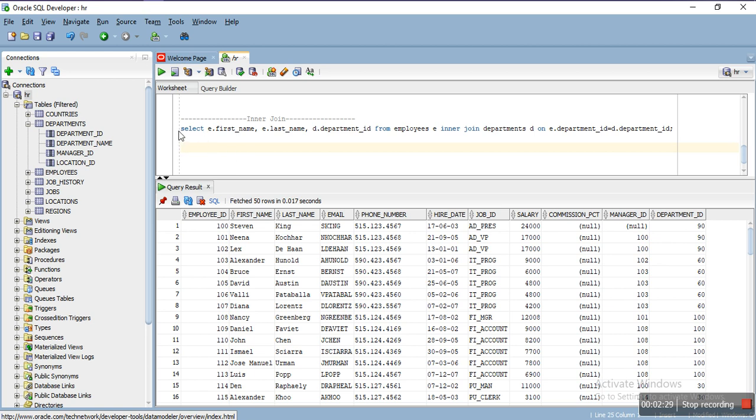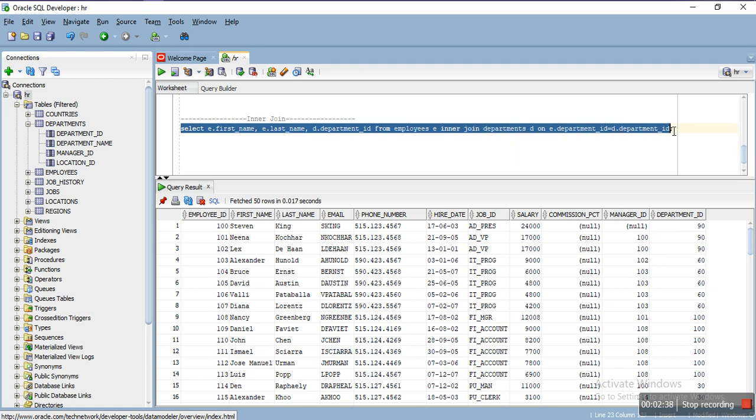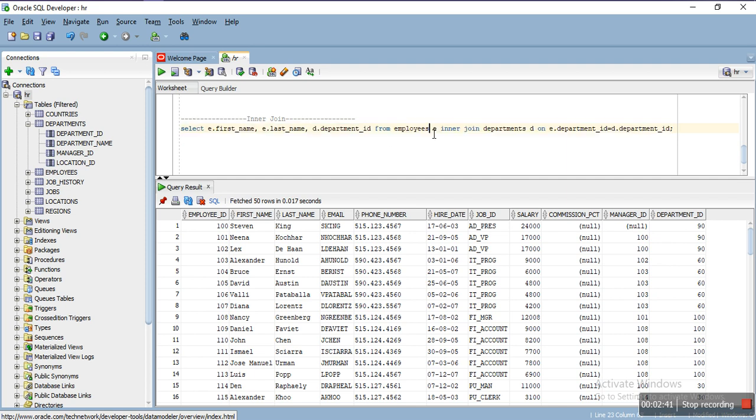Select E.first_name, E.last_name, D.department_id from employees E inner join departments D on E.department_id equal to D.department_id.